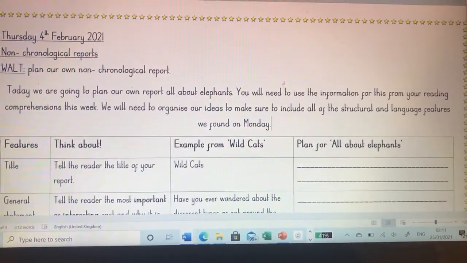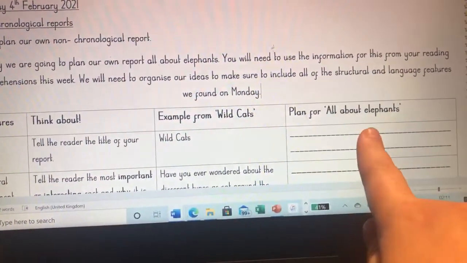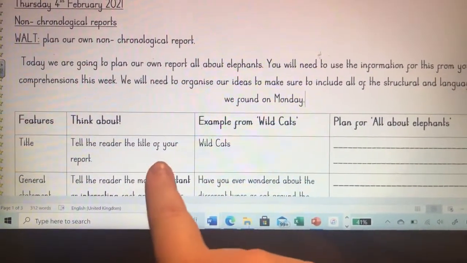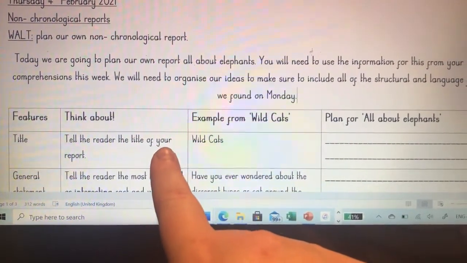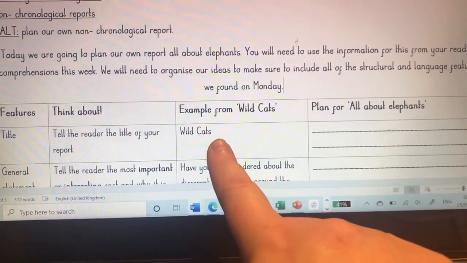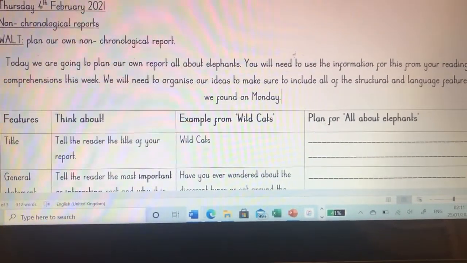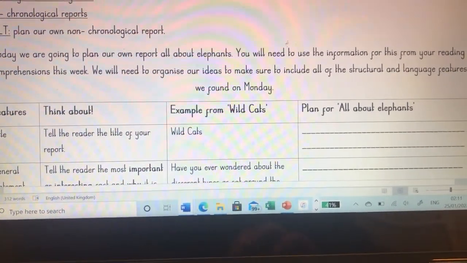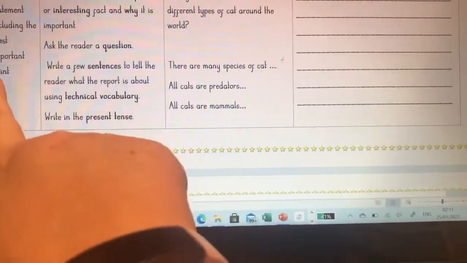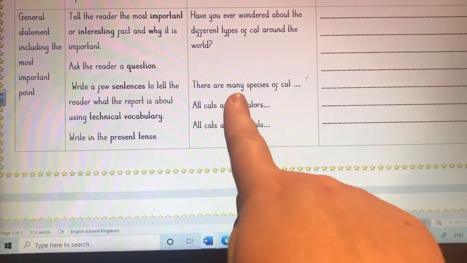So today we're going to think about planning our own. We've got to look at the features we're including. Remember, our first job will be to have a title, telling the reader what the title of the report is. Our example from our text this week was Wild Cats. What do you think the title could be for your elephant report? As you go through, you've got, once again, what you're trying to include, what that is, and examples from our